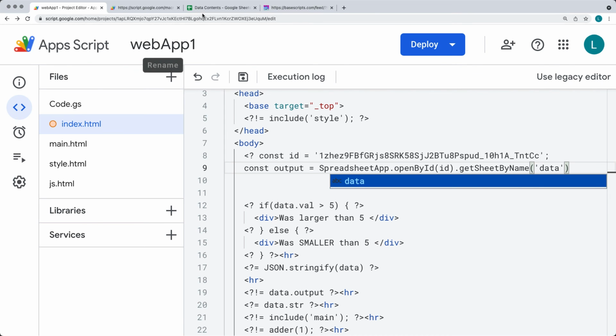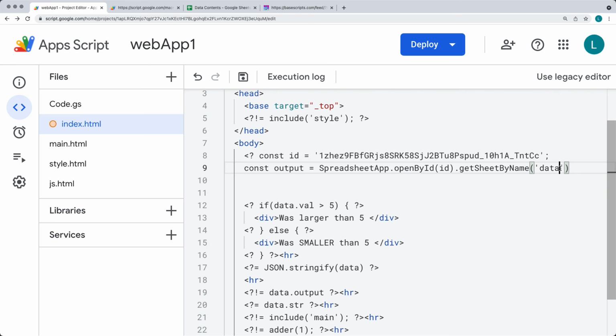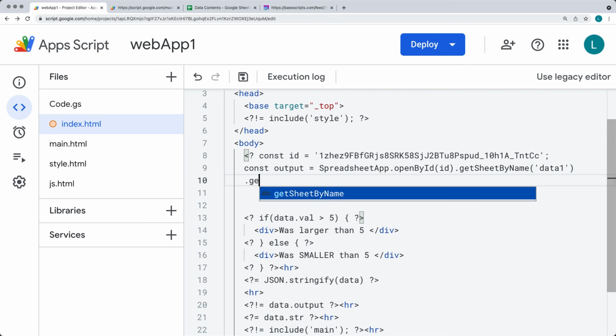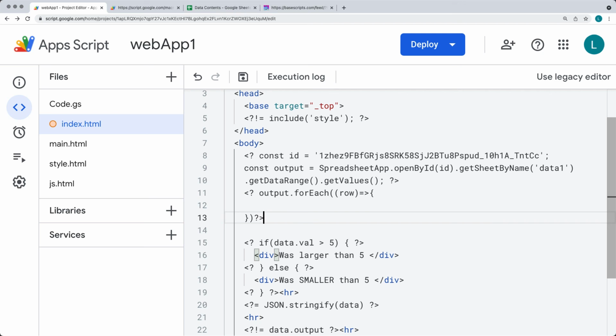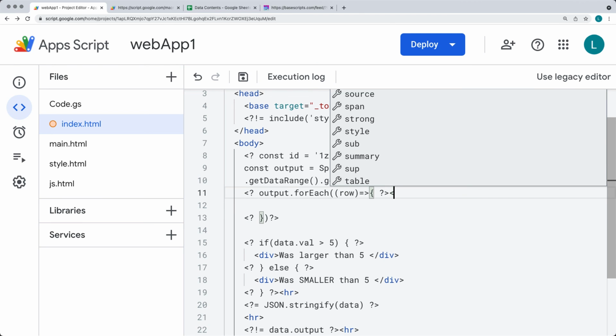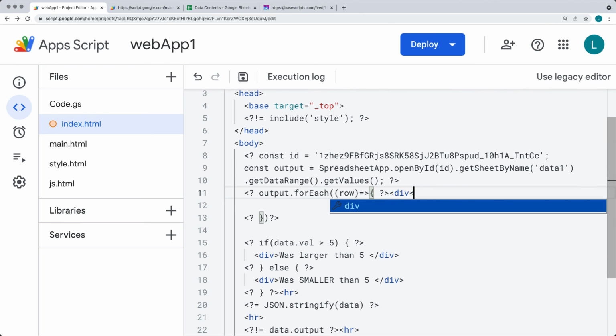I believe we've got the sheet name here as data1. So let's pass that in. So data1, so it's getting the sheet by name of data1, and get data range. And you can also use the spacing and the white space in order to make it more readable. So get values. And now if I want to use that, I can output the content. So using the output and then for each item row, let's output the content onto the screen. And I'll break in and out of the Google Apps Script, so that way we can set each one up under a separate